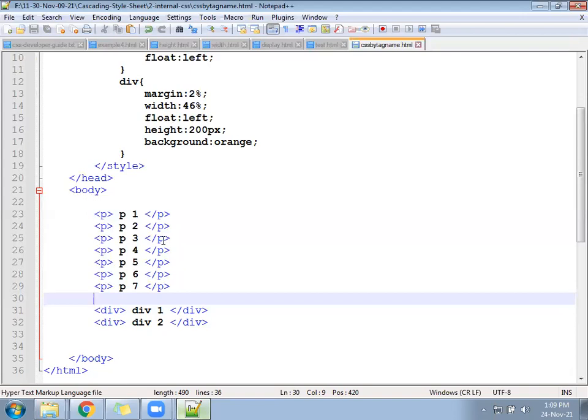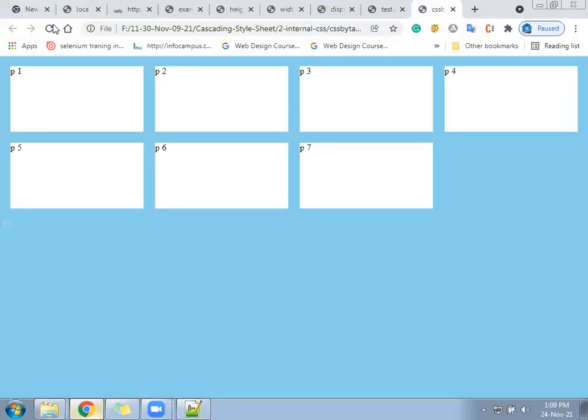Okay, sit now. 2 divisions or more than 2? 2 blocks or more than 2 blocks? Exactly 2 blocks. This is 46%, this is 46%. And you have the gap in between, 2% in the left, 2% in the right, 4%. Second division is also leaving 2% here, 2% here, 4%. Maybe in your screen, the gap will be more, because the screen size will be bigger.